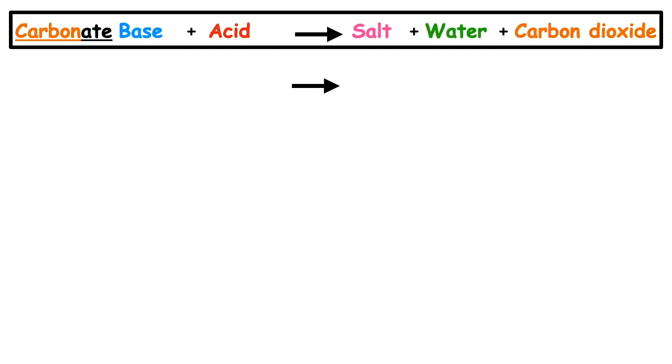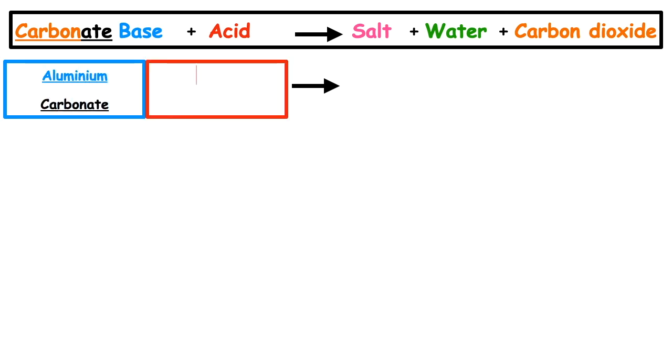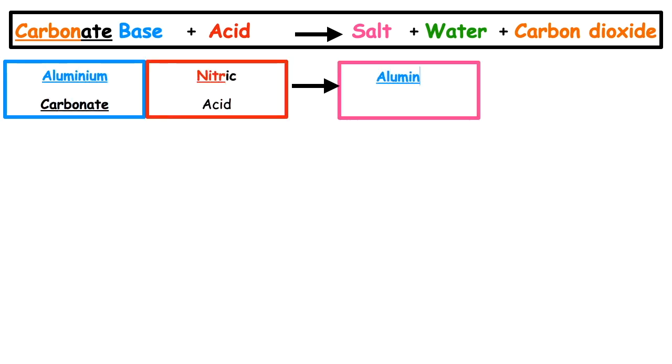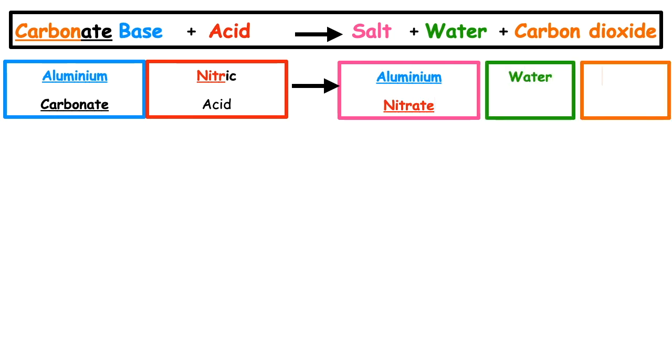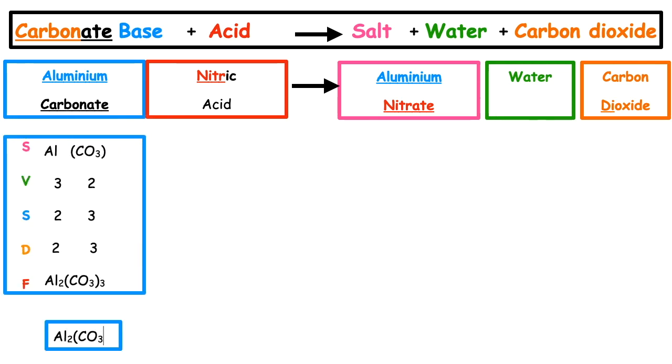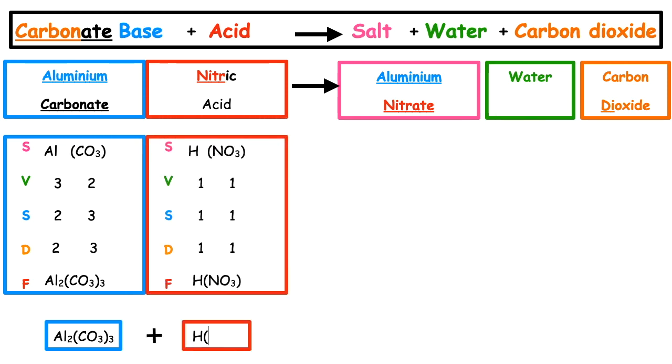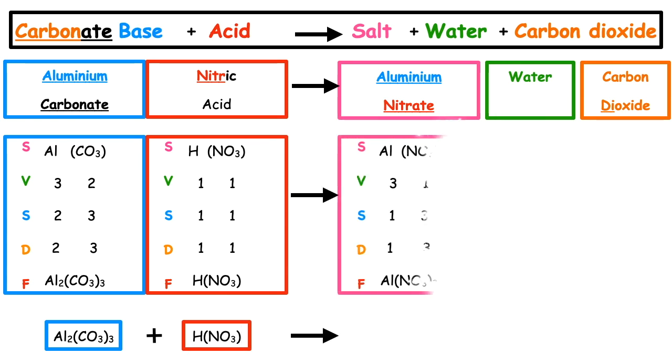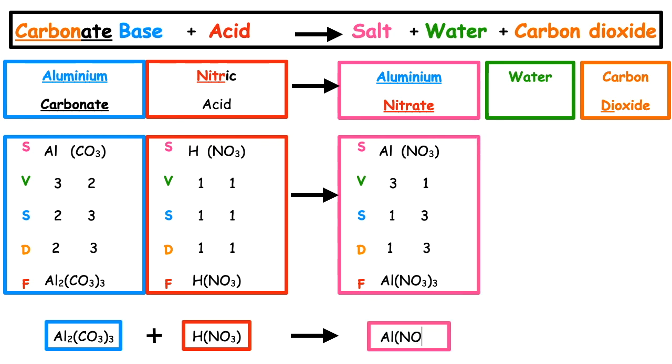This last example is using a carbonate base. So we've got aluminium carbonate reacting with nitric acid to produce aluminium nitrate plus water plus carbon dioxide gas. Remember, carbonate bases always produce that third product. We would use SVSDF to get the formula for aluminium carbonate, which is Al2(CO3)3, with the 3 outside the bracket. We've got nitric acid, which is HNO3, reacting to produce the aluminium nitrate, which has the formula